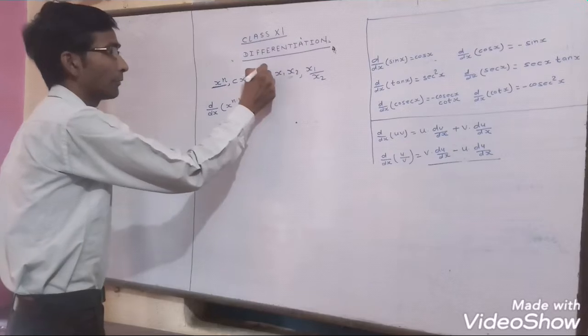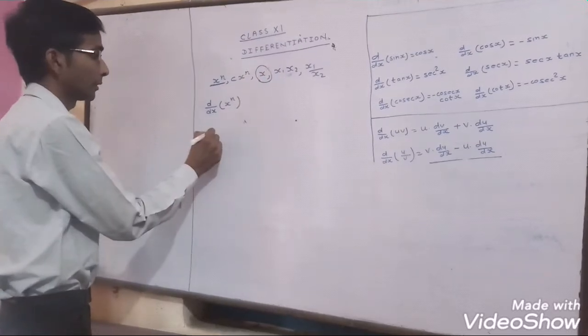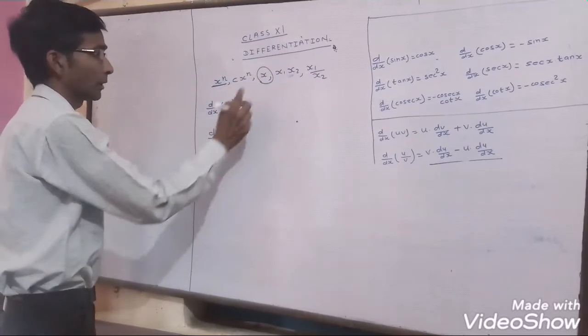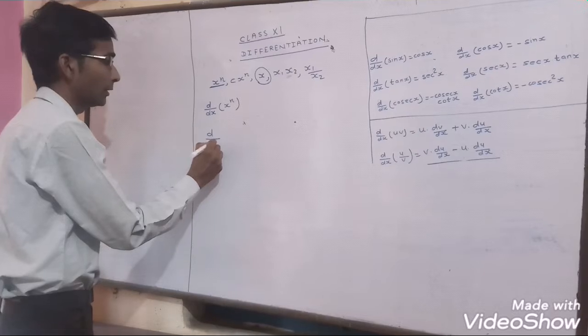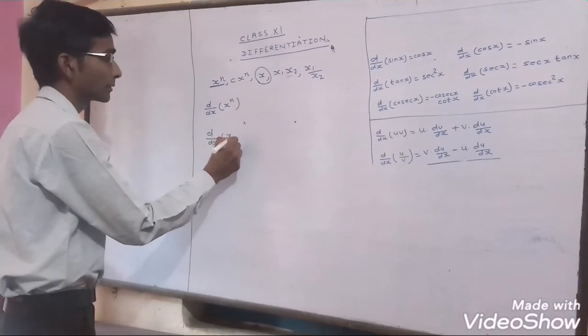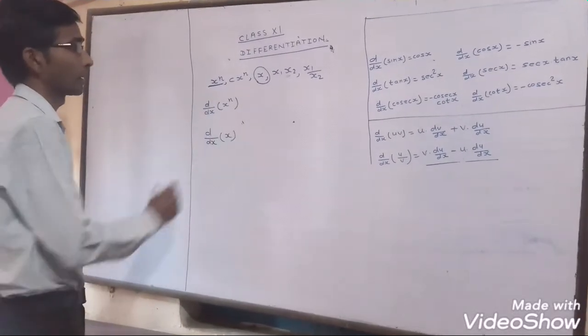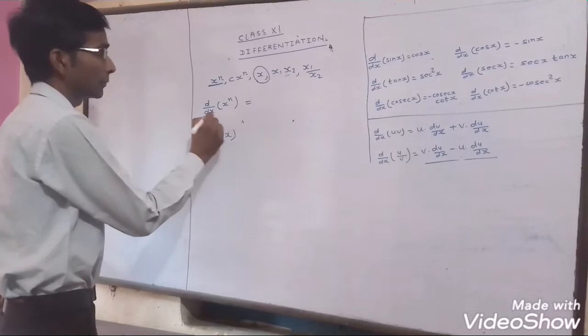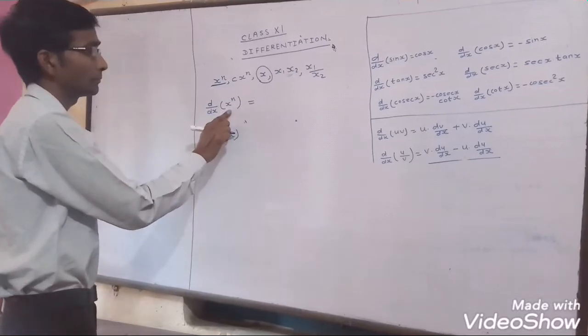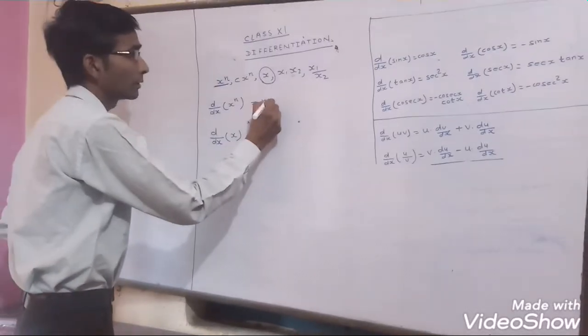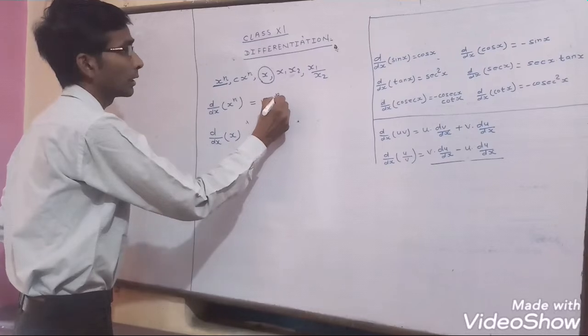Suppose we have to differentiate x, then we write d by dx x. Here the answer will be n x^(n-1),